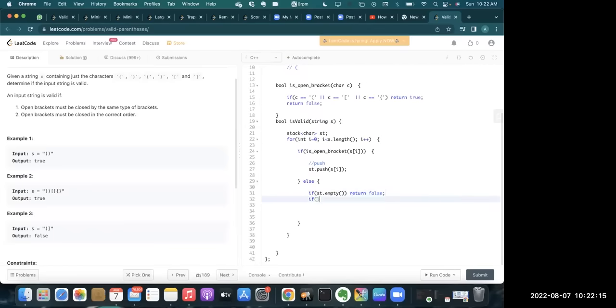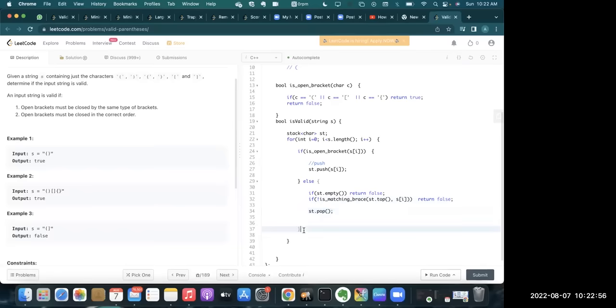If this is not empty, then you go to the stack top, right? And you see if the stack top is matching. So we will have a function for this, is matching brace. And we will compare the top, which is the opening brace, with the current input, which is the closing brace, right? And if it is matching, then we are good. But if it is not matching, this is the part we would be concerned with. If it is not matching, we will again terminate our code here, saying this is false. And after this, of course, stack.pop, right? If it is a matching brace, if the stack is not empty, then you actually pop the opening brace from